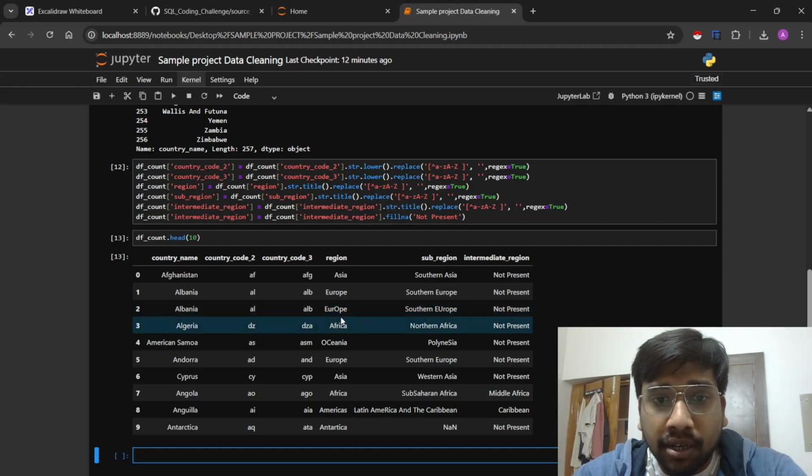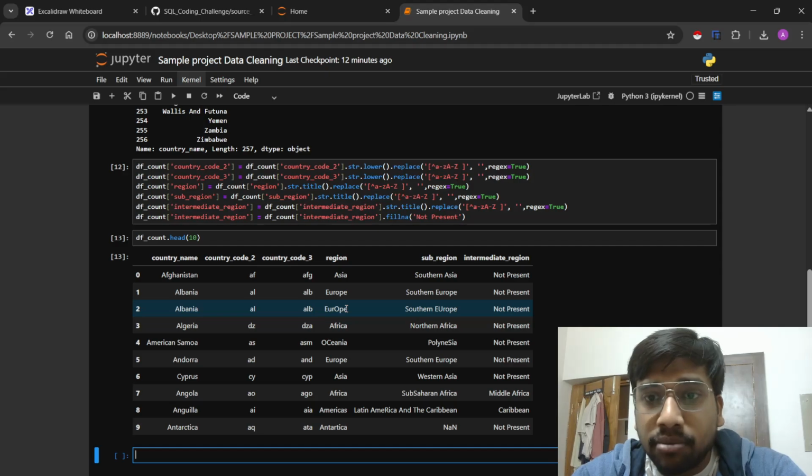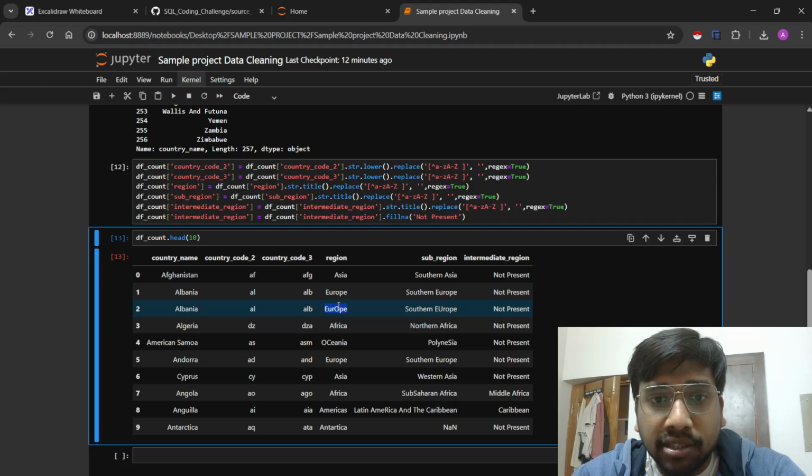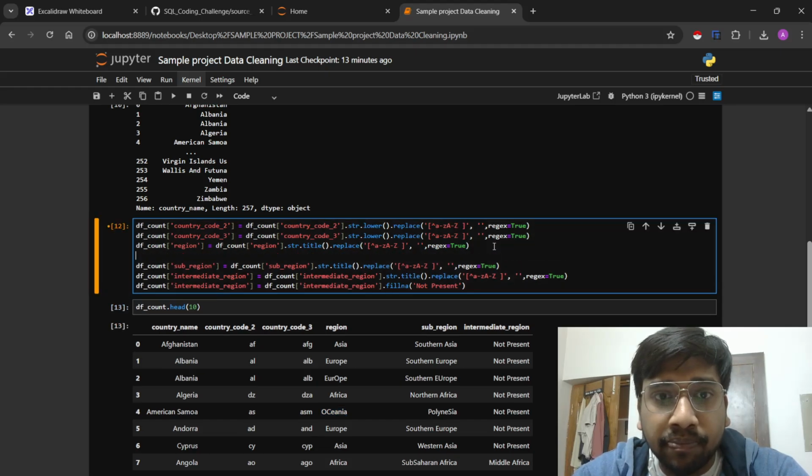I can see that the cleaning has been done, but again this problem of some letters getting capitalized in the middle of the word is something that I need to take care of, which I can do by not using the title case directly.